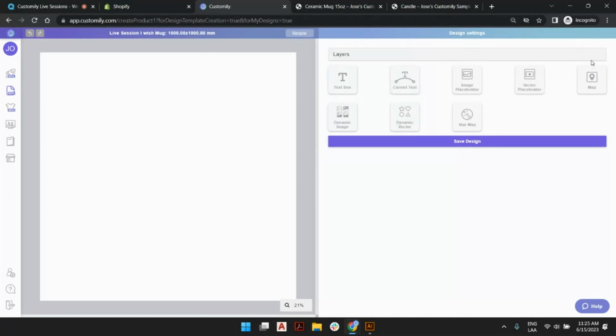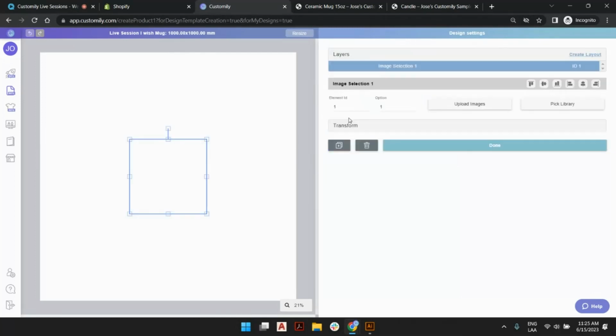You can create map or star map elements. These are custom maps that your customers will be able to pick their own locations, change the styles, and well, customize that sort of products. And these two tools, the dynamic images or vectors, as you see, they have 4 elements in their icon, because this means these objects can hold many images altogether, or many vectors, depending what you're trying to achieve. If you put one image in one of these objects, okay, you're basically creating a background, okay? But if you put many images, you are creating an